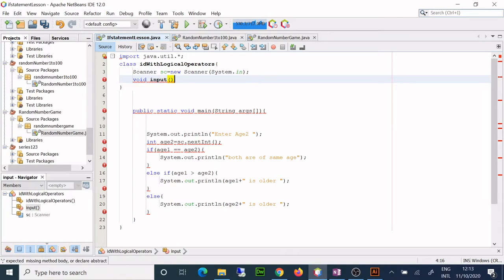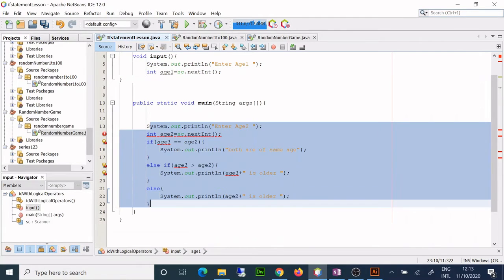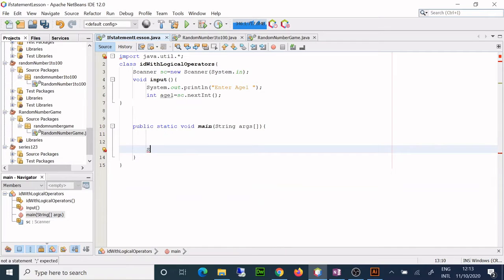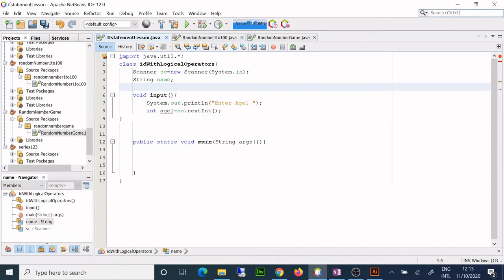Okay, and I will input in this. So the rest I'm going to delete and I'll do whatever I have to do later on. So here I need some variables. I'll input the name also. Let's make it interesting. Name of the student. Okay, and I'll input marks. Okay, so that's the input.